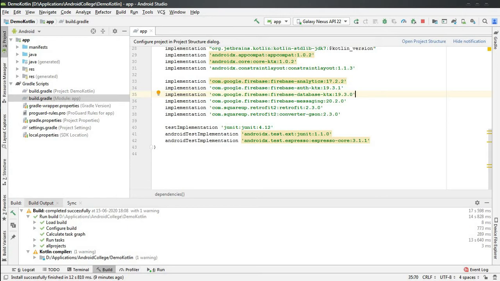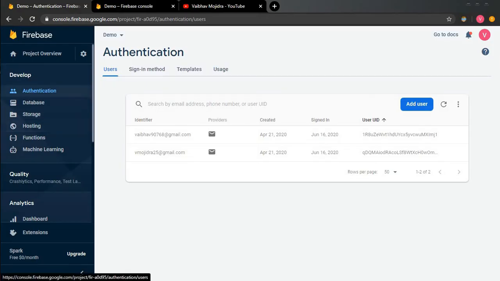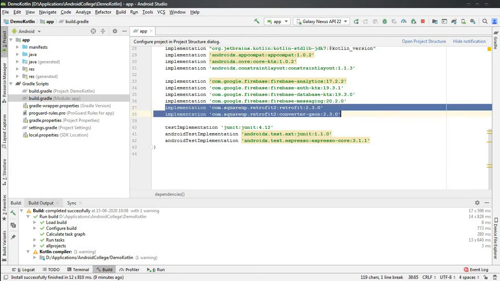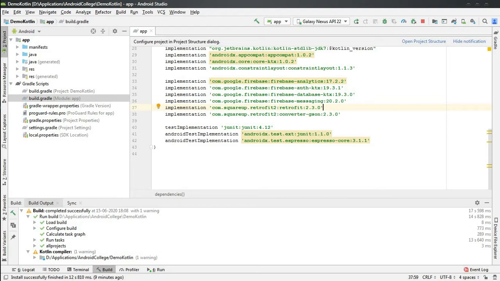So we also have to take care that every time the updated token is stored in the database. For that we require a database, and of course for sending the notification we require the Firebase service. Now Firebase helps us send the notification to the user directly from the console, but we want the notifications to be sent from one device to another device. So in that case we require a bit of an intermediate library, and we will be using Retrofit for that. So these are the dependencies for those libraries.